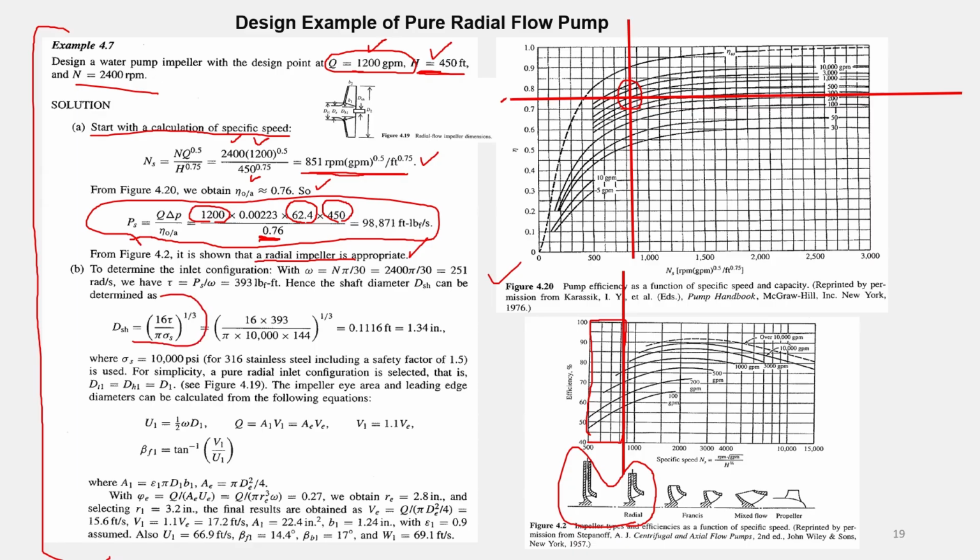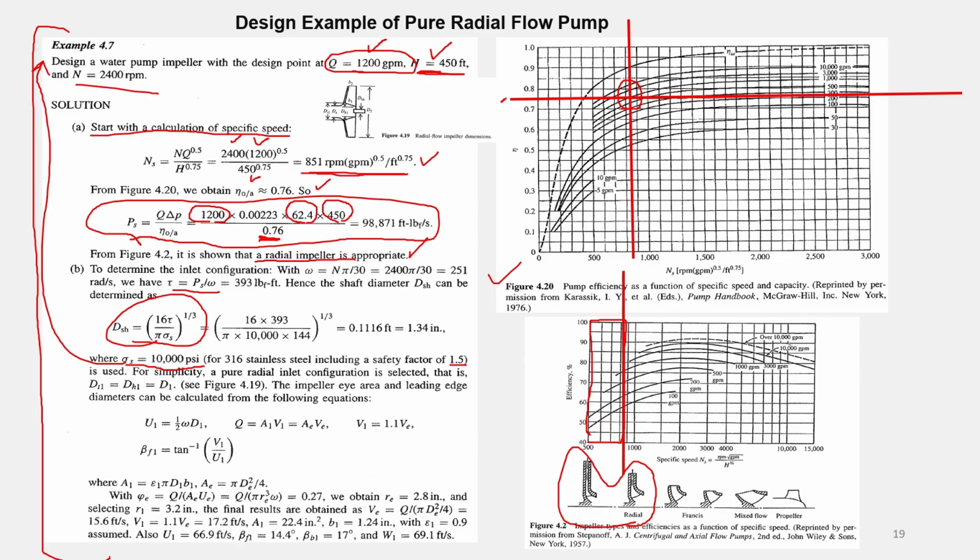The diameter of the shaft is this much, and the torque is the shaft power over omega, and then from here the maximum allowable shear stress should be given. I should have given you the maximum allowable shear stress because it's different for each material, and this should be known. But in this particular example, the shaft of the pump is made from stainless steel 316. So the maximum allowable shear stress for this shaft is around 10,000 pounds per square inch, and